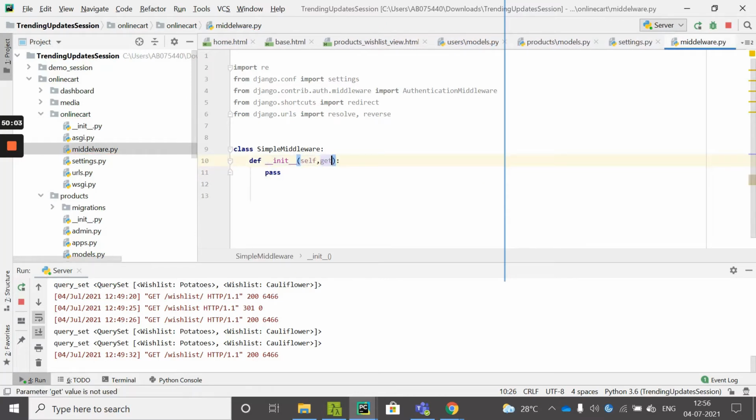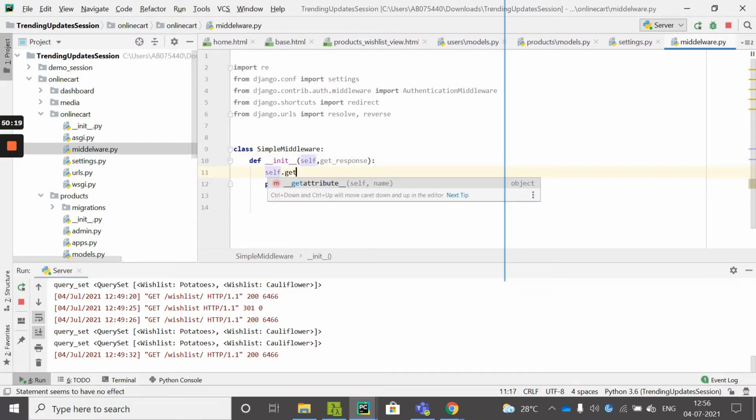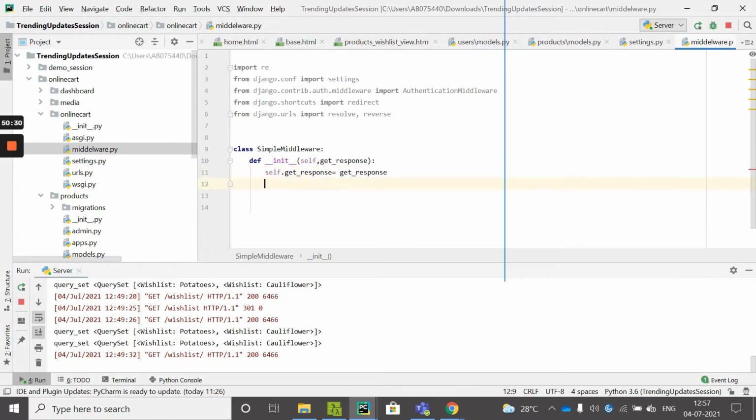As I said, the get response argument should be passed to this. This I'll make accessible globally throughout this class. So this I'll just print: this is called on server start.